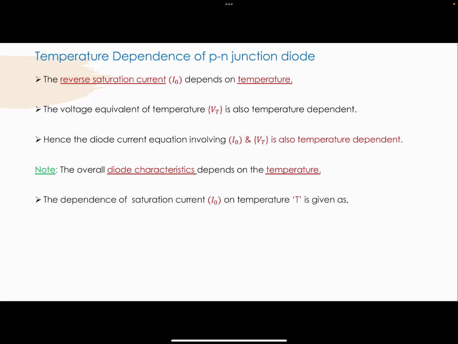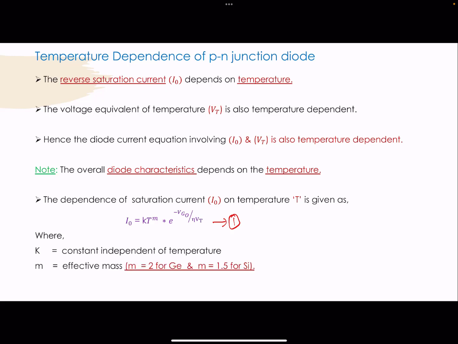on temperature T is given as I0 is equal to K T power m into e to the power of minus Vg0 by eta Vt. Let it be equation 1, where K represents a constant independent of temperature, m represents the effective mass, and the value of the effective mass